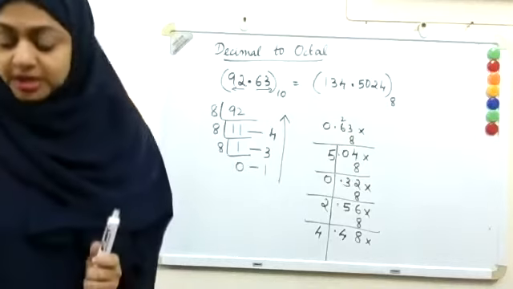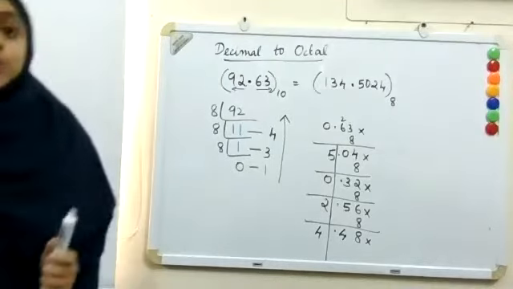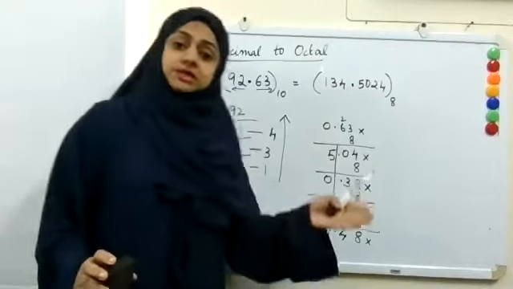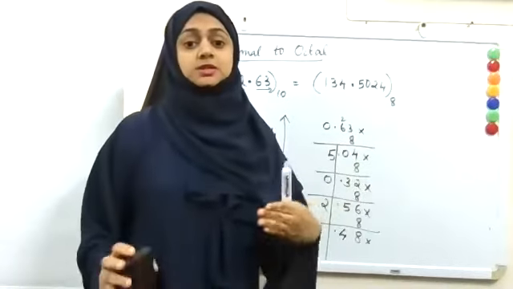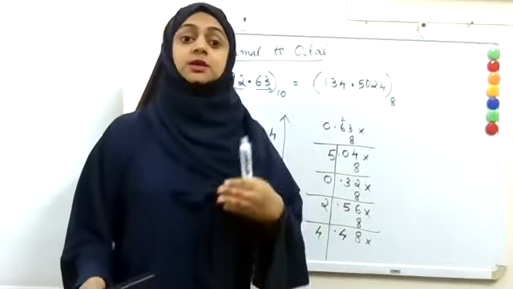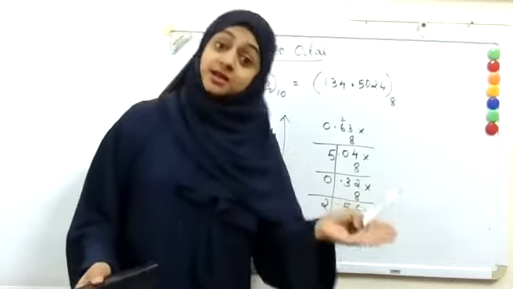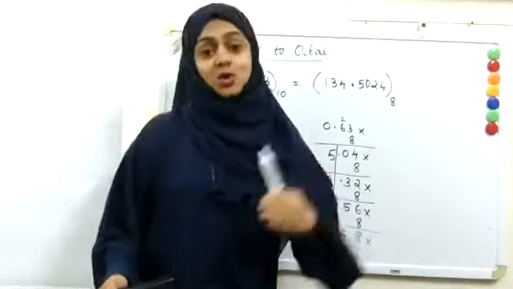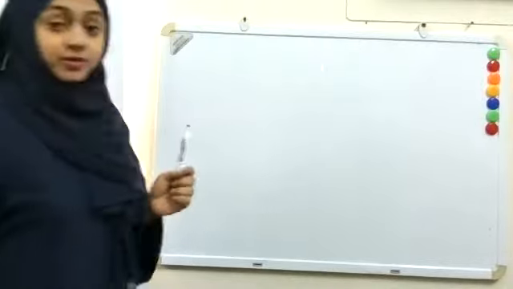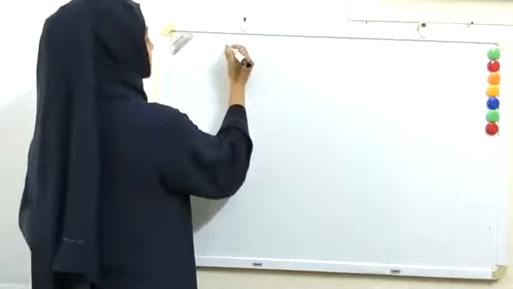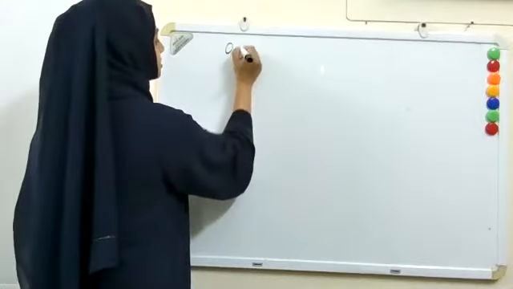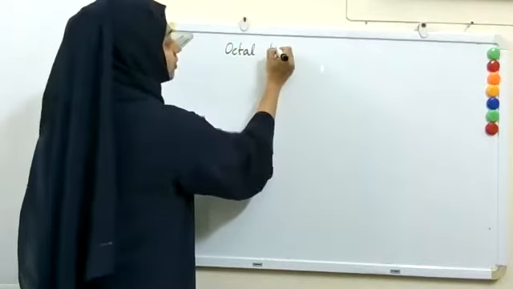Yes. So we have discussed now how to convert an octal number to decimal and also a decimal to octal. Now let us see how to convert the octal number to binary and also binary to octal. That is simpler. Okay, you don't have to multiply and divide. So let us see how to convert an octal number to binary.